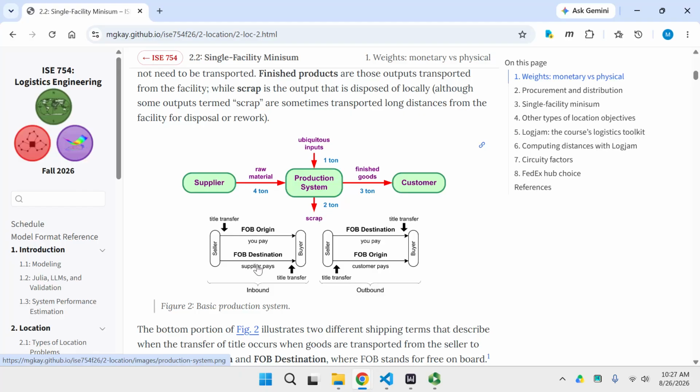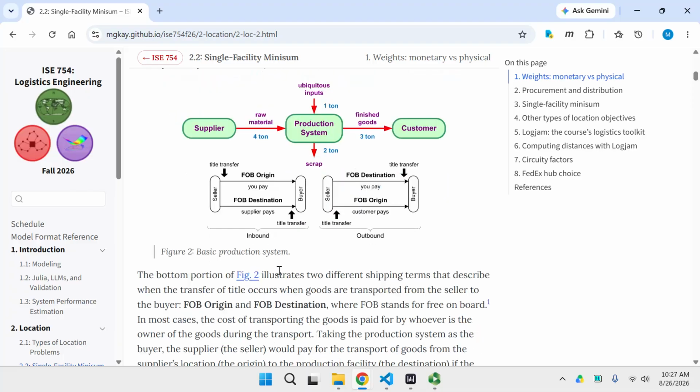Below this shows a corresponding definition, and this is a term that we don't necessarily need to use a lot, but you'll hear it a lot, especially if you look at the business side of logistics. It's a term abbreviated FOB, and that stands for free on board. And it just refers to who owns the product when it's both inbound to the facility and when it's outbound